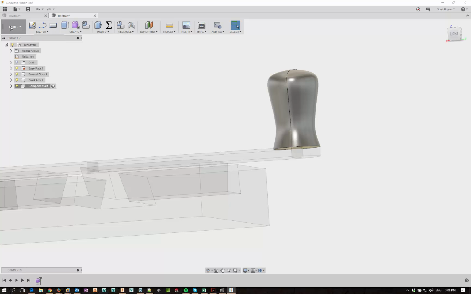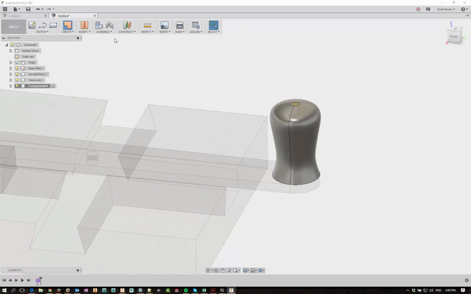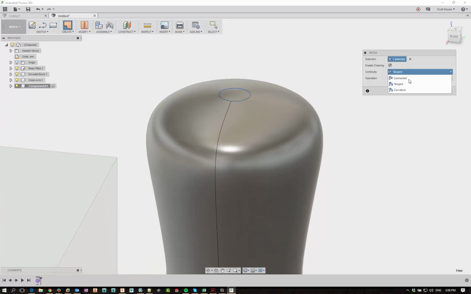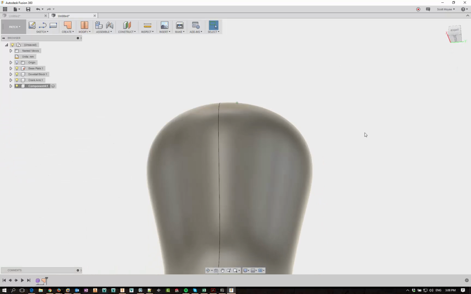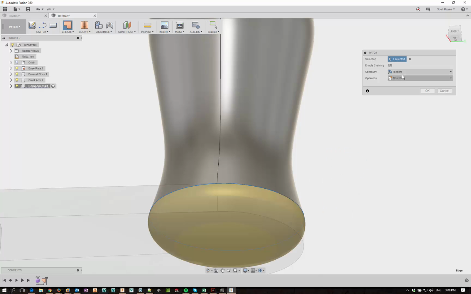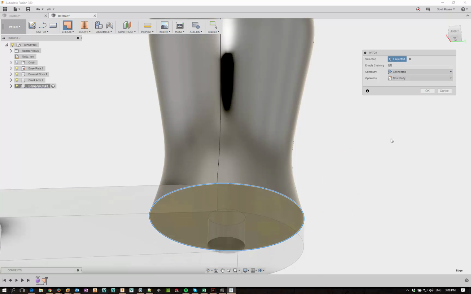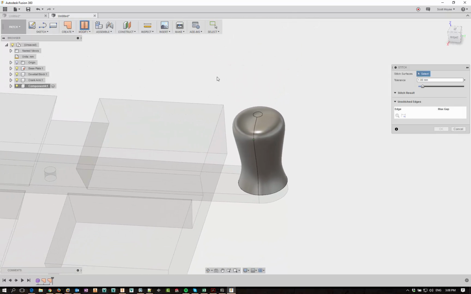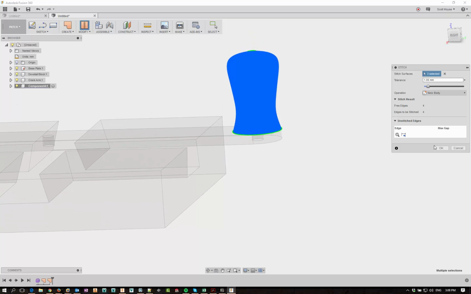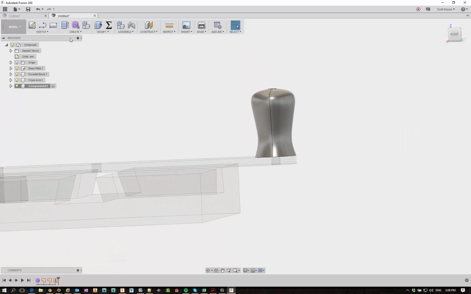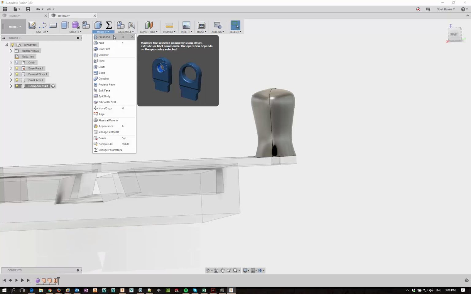I'm just going to finish the form, switch into the patch environment, create a patch on the top edge here, use tangent, it's all good. Do the bottom one as well, so repeat patch, do the bottom, don't want it to be tangent, want it to be connected so it stays flat, and then go modify, select those three bodies, convert it into a new part and into the model, and now we can do a cheeky little